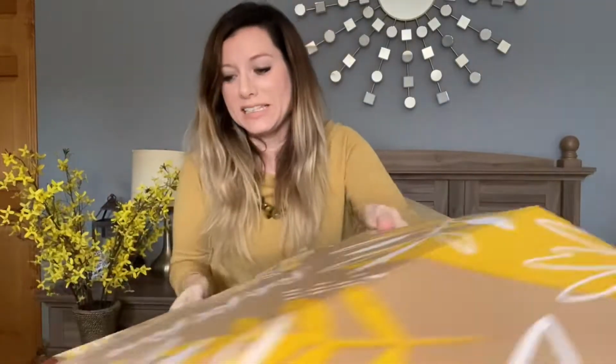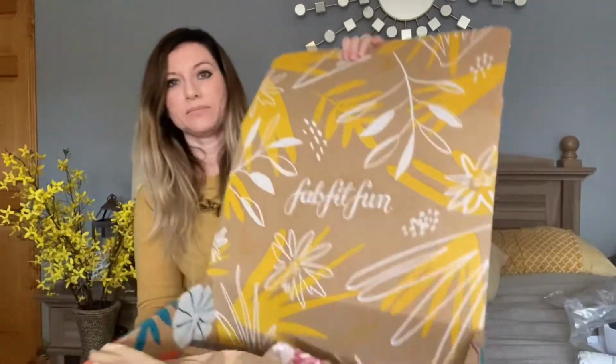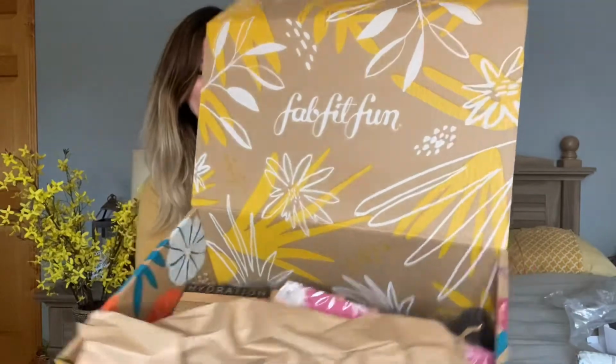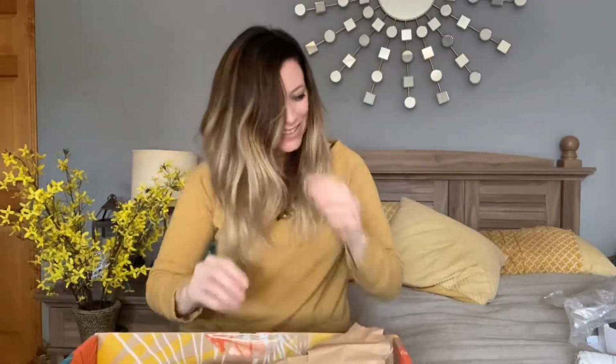A few moments later. So here is inside the box. What's in there? What is in there? Okay, so